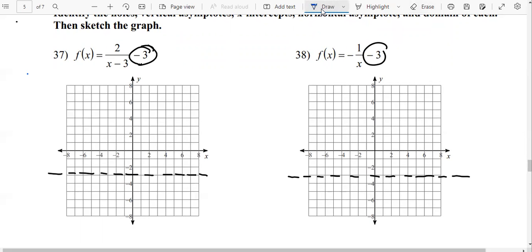All right, and then tap into your knowledge of rational expressions. What would the excluded value be from this denominator? It would be that x cannot be 3. So that is a vertical asymptote, where everything on either side of this is okay, but 3 is not okay. And for this one, x could not be 0. There we go. So there's our asymptotes. Those are the only ones we've got. So let's move on to